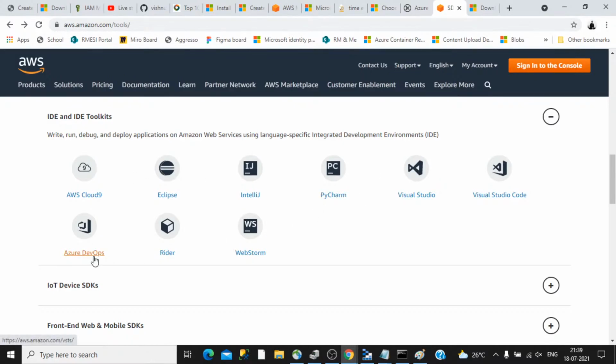Azure DevOps is a tool which is used for tracking the entire activities of software development from the requirements up to production, as well as testing and other things. Testing, then the tracking of things, then the deployment, then building, source control management, everything can be tracked with Azure DevOps. So if you want Azure DevOps to deploy something to Amazon, that support is there.